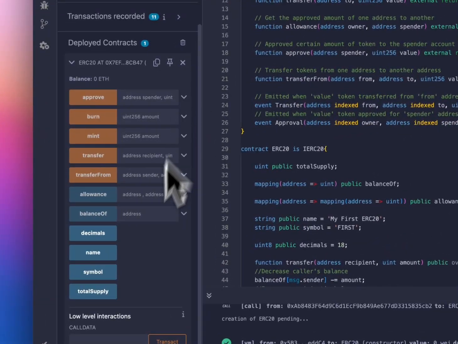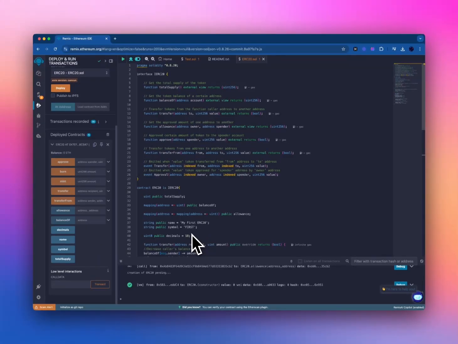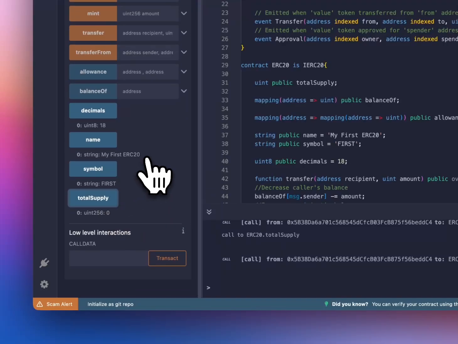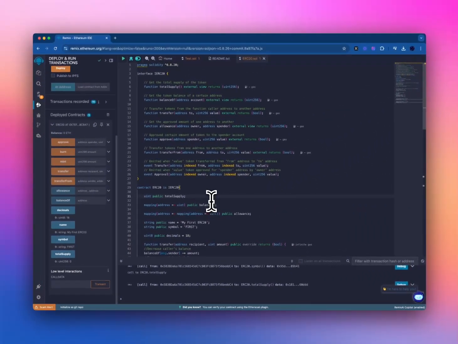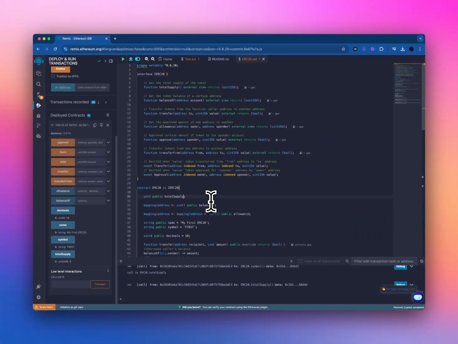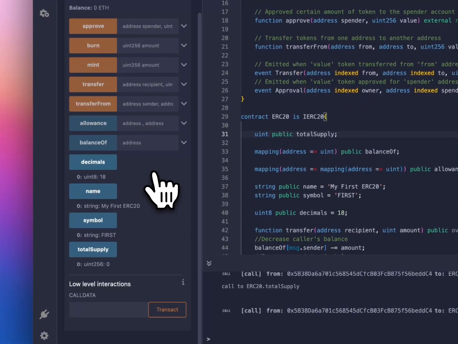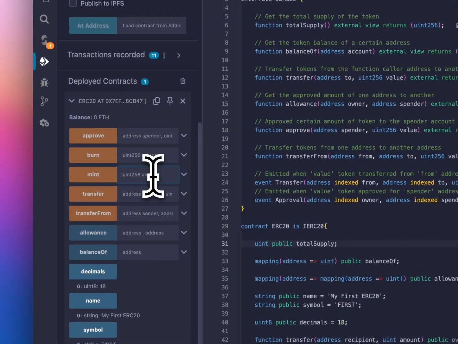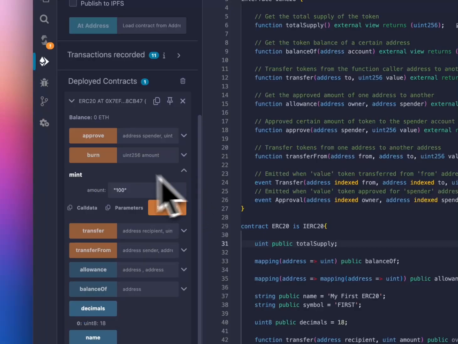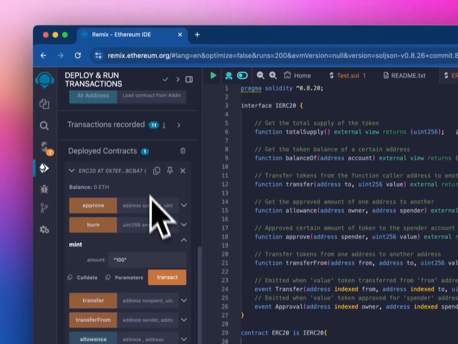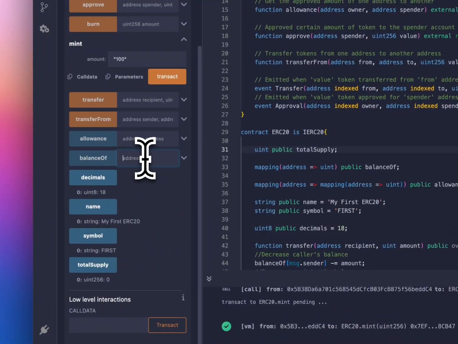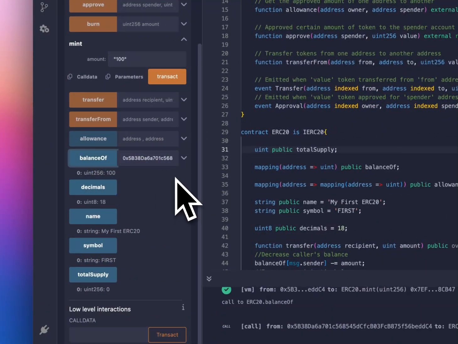So first, let's check the token's basic information as we previously defined here. So decimals, name, symbol, and total supply. And because we didn't specifically assign a value to total supply here, it is 0, but that's okay. The next step is we need to mint some tokens to our address. To do so, let's call the mint function and mint 100 tokens to the address that we're currently using here, and transact. And now let's query the balance of our address here, balanceOf, you can see we have 100